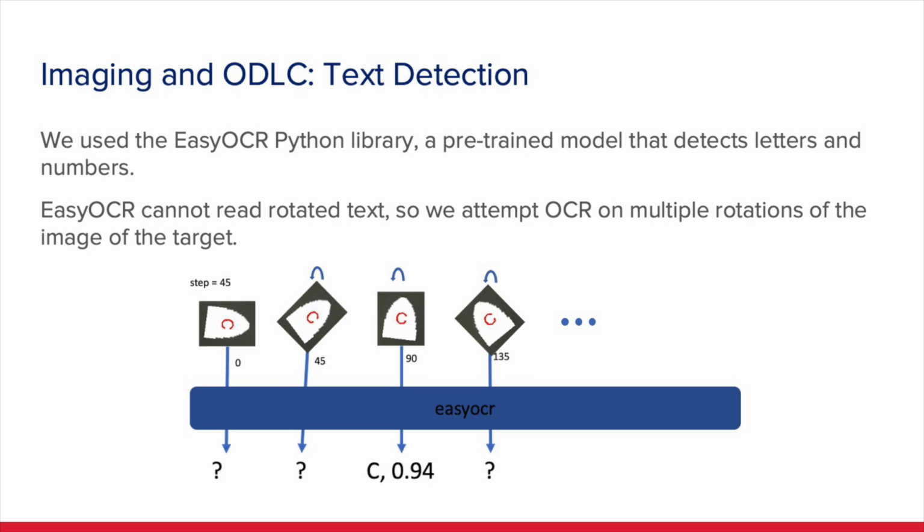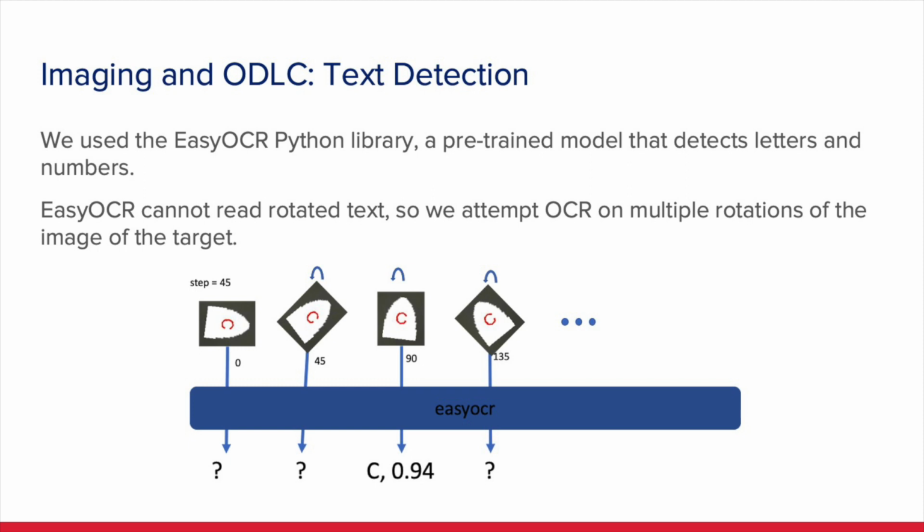And the final phase will be text detection. Here, we use the EasyOCR Python library. It's a pre-trained model that detects letters and numbers. But the problem is that EasyOCR cannot rotate text, so we're going to attempt OCR on multiple rotations of the image of the targets. We also have to handle the case where EasyOCR makes some errors with the rotation of a letter. So it can read an M as a W or a Z as an N, or sometimes capital P